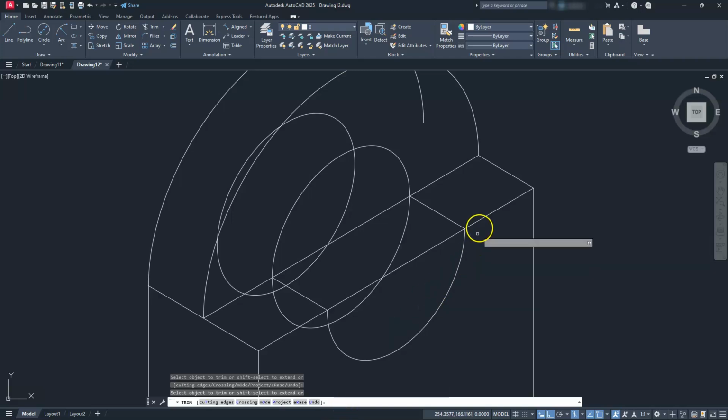All right. And then I'm going to get rid of this line that's running through here, as I'm going to trim this off like that as well. Right. So the next one is I'm going to get rid of this bottom part of this next ellipse. So I'm just going to trim it from the bottom here and work my way around till I get to